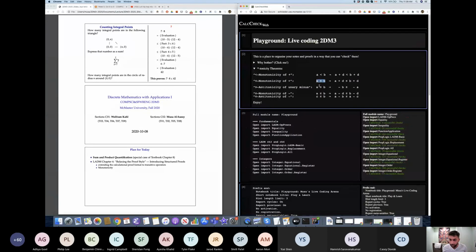But antitonicity, right, means you swap the order. So in particular, if you have a less than or equal to, the order changes, right? The D goes here and then on both sides of them, okay? So in particular, if you look at the second one, C is less than or equal to B, we have minus B and then minus C, okay? So this is